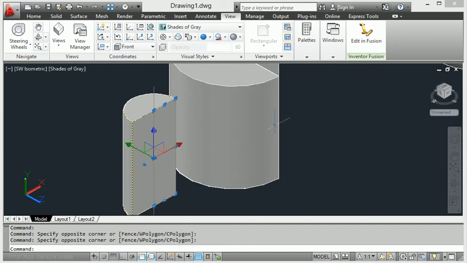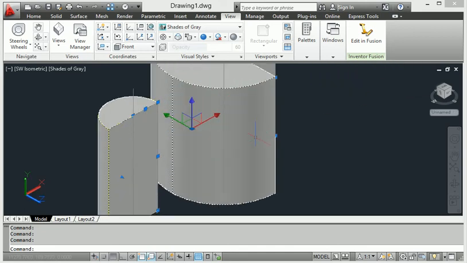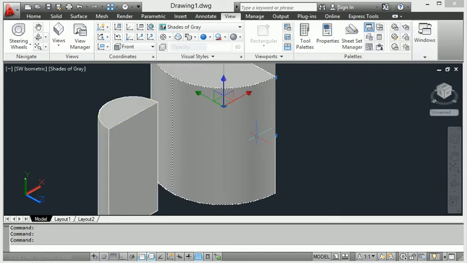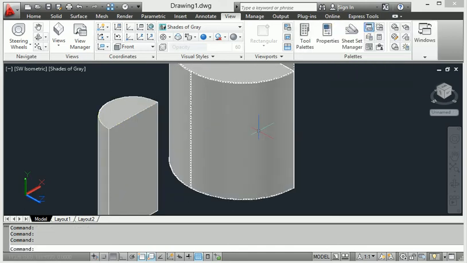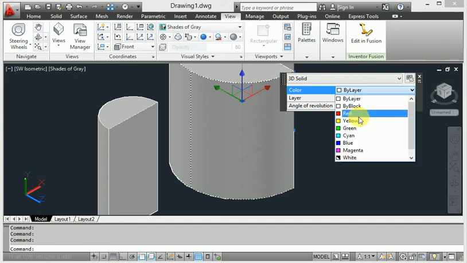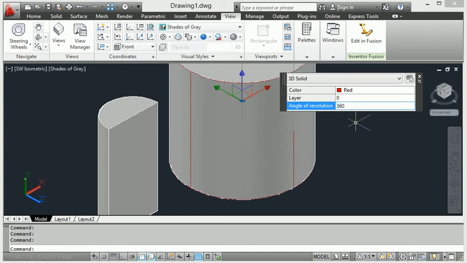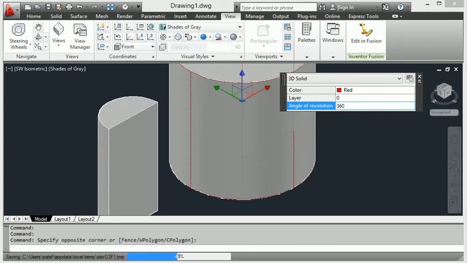And again I want to change the color here. Here change the color also. When I get red color, it looks like this one is another 360 degrees. I want to change it here to 360 degrees.